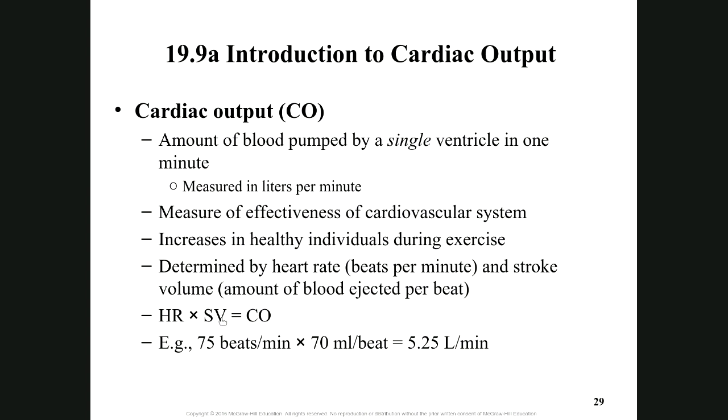If our heart rate is 75 beats per minute and the stroke volume is 70 milliliters per beat, then our cardiac output becomes, let me type it here for you, become